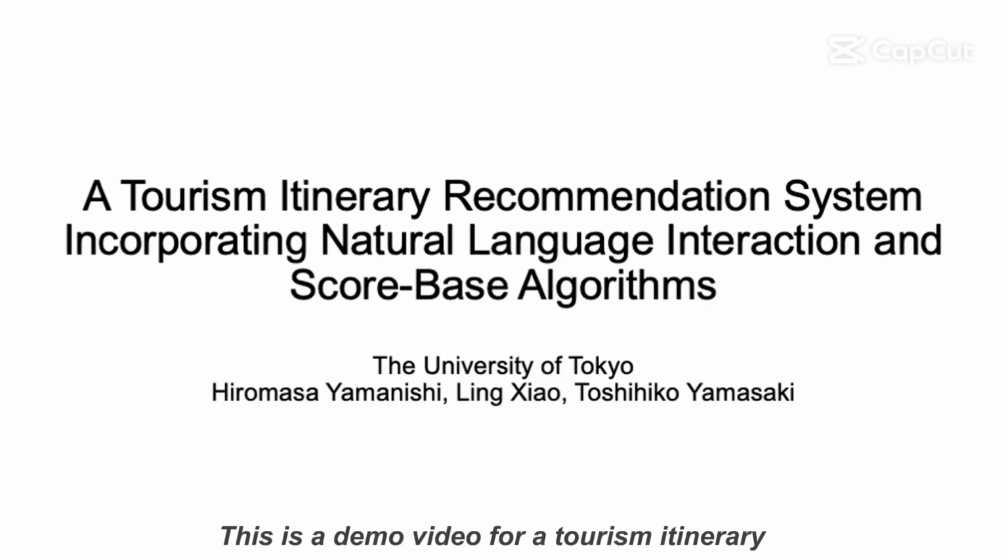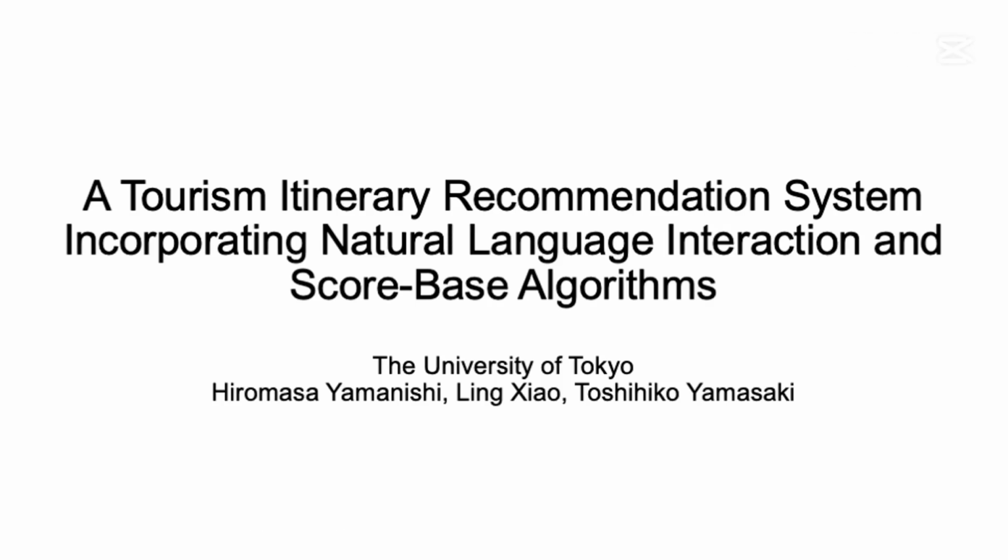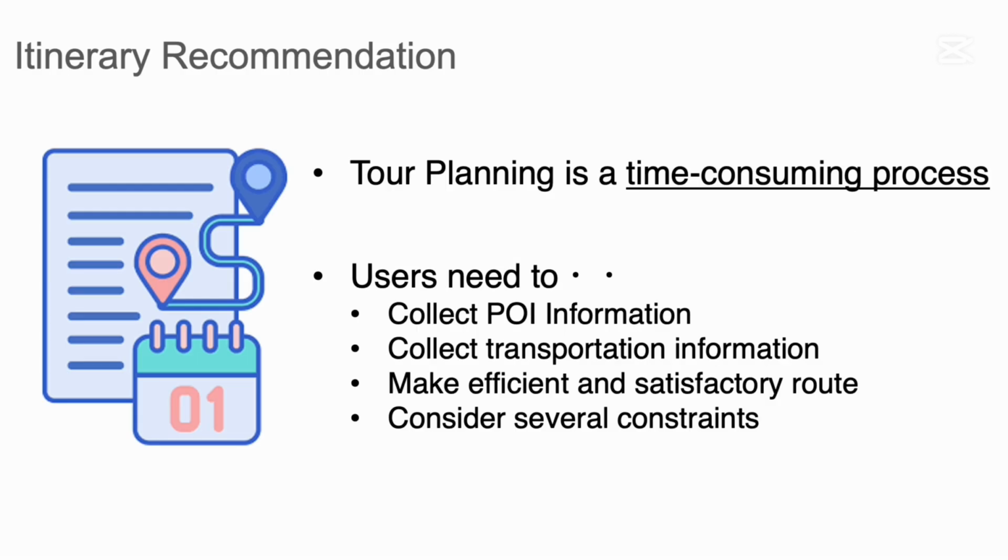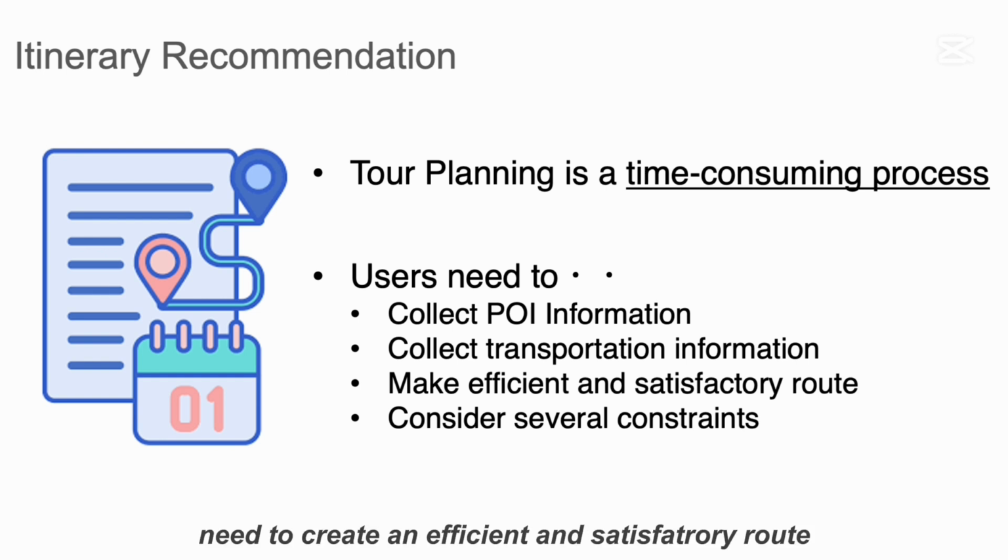This is a demo video for a tourism itinerary recommendation system incorporating natural language interaction and score-based algorithms. Tour planning is a time-consuming process. Users need to collect information such as POI popularity, cost, opening hours, and transportation details. Furthermore, users need to create an efficient and satisfactory route by considering various constraints such as cost, duration, opening hours,